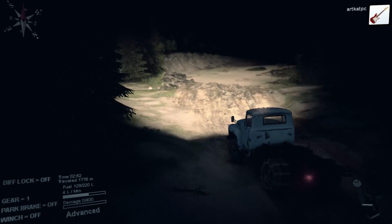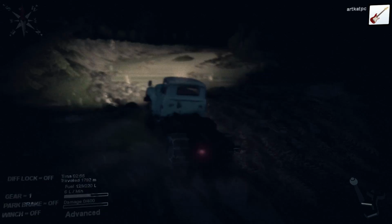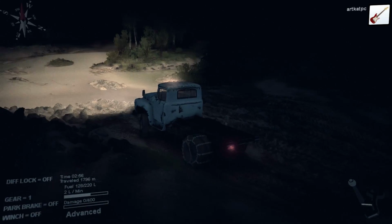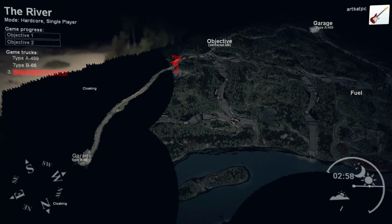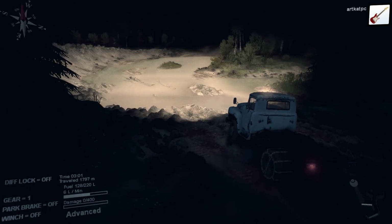I'm not sure if I like that winch thing, or not the winch thing, but the diff lock where it requires you to turn the diff lock off. I'm not a huge fan of that. Okay, so past this pit is where we need to...